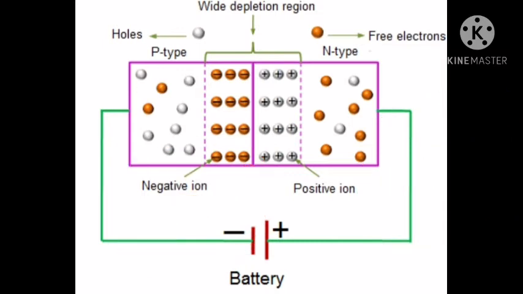So, the kinetic energy of the minority carriers becomes so large that they can knock out the electrons from the covalent bond. That is, they can break the covalent bond and make some electrons free. Now, as you know, if the number of electrons increases, this will certainly increase the amount of current. And here the current which is flowing in the reverse direction is the reverse current, IR.